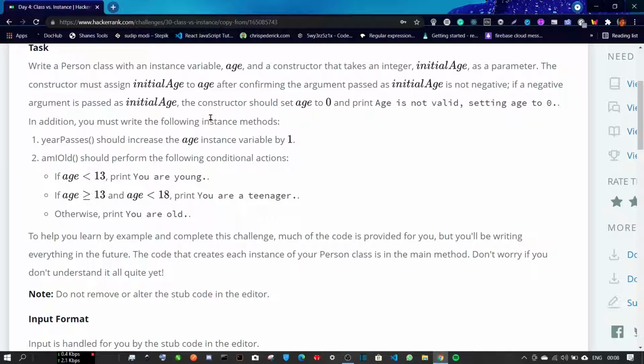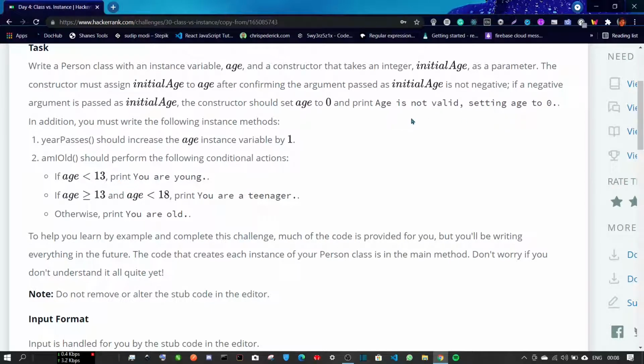So the constructor must assign initialAge to age after confirming the argument passed as initialAge is not negative. If a negative argument is passed as initialAge, the constructor should set age to 0 and print age is not valid, setting age to 0.